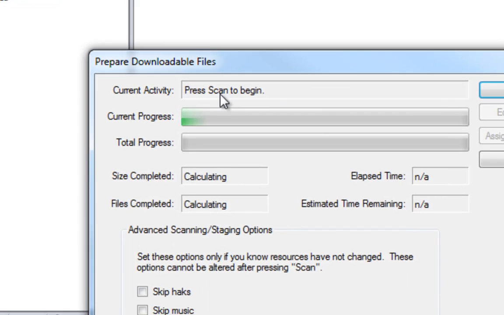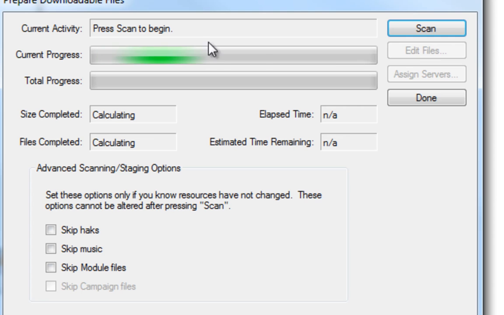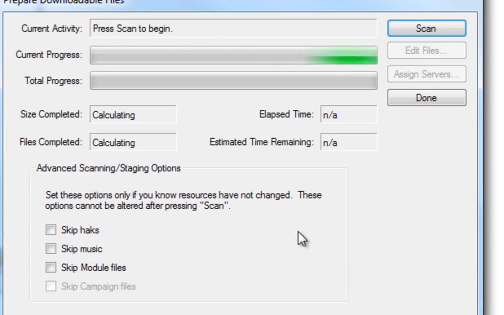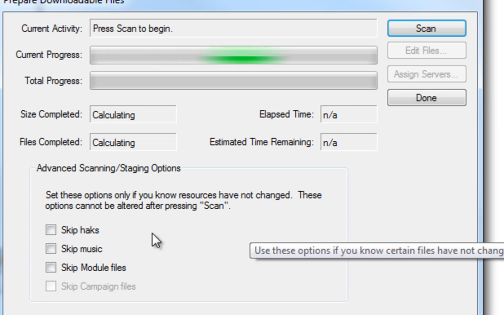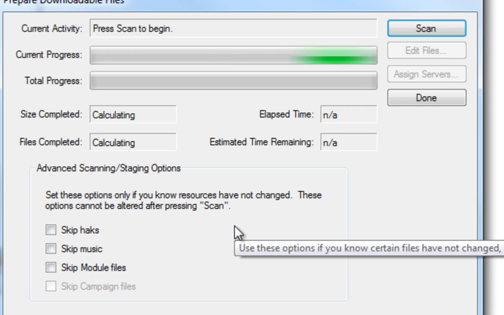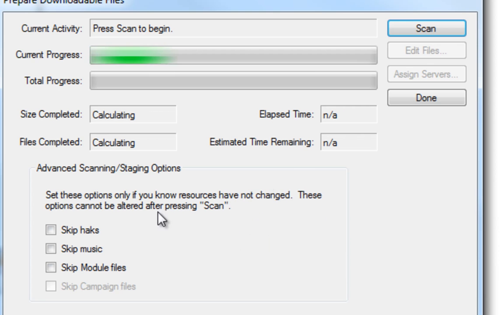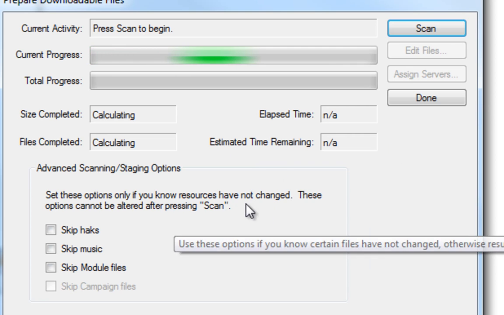So we're going to click on it. You need to use this when you change the terrain of an area and you have to rebake it. You have to use this when you want to publish. If you add or change a hack pack, you have to use this to republish it. If you add a brand new area to your persistent world, you have to use this to republish it. And in our case right now, we're doing a brand new module, so of course we have to republish